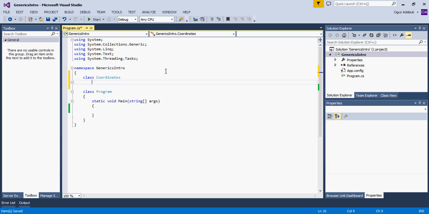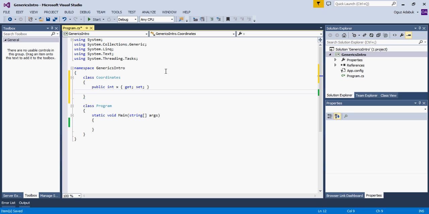And this Coordinates class will have two variables, an integer x and another one, integer y, with get and set. Now this class has two integer variables, but say what if we need another one that does